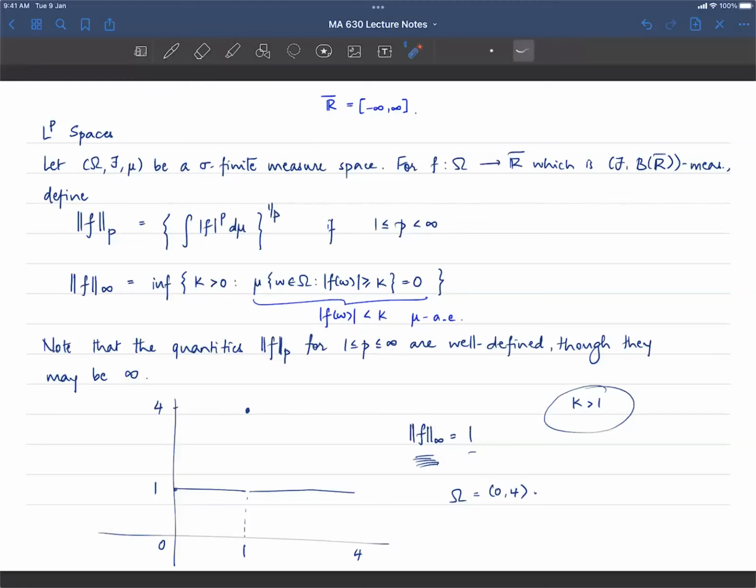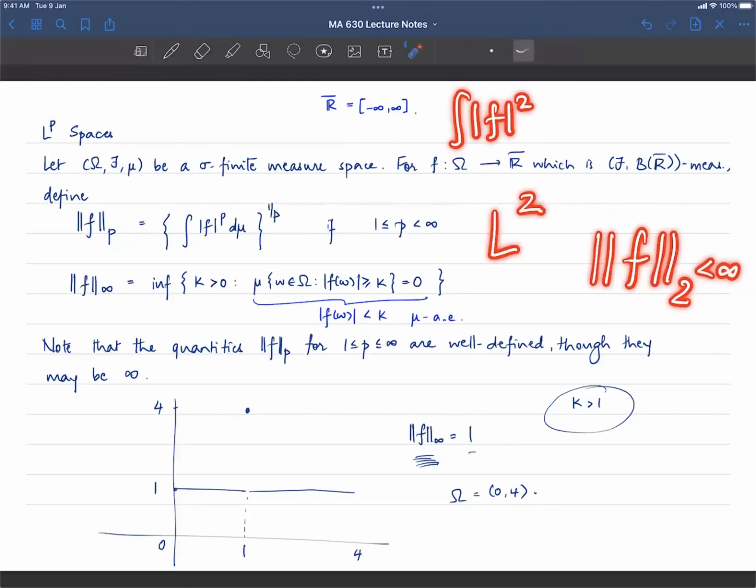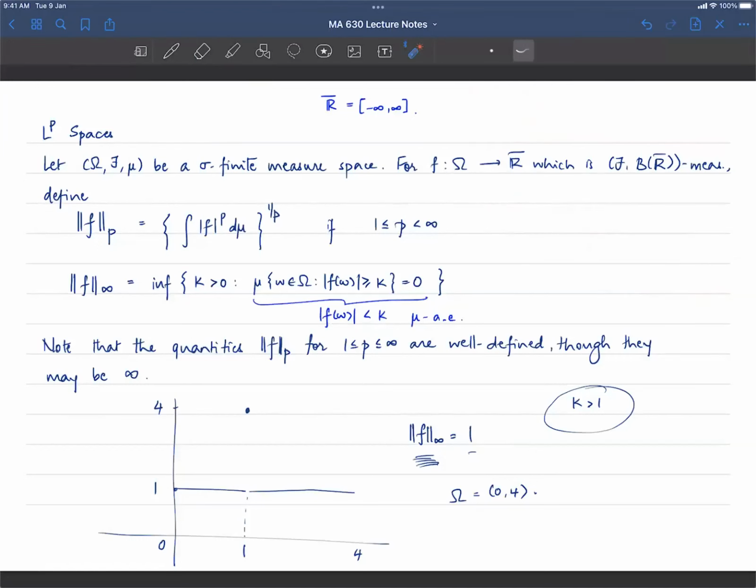And so now the question is going to be, what is L2? Well, before I write it down, let me just tell you what it is. L2 is the set of all functions such that this guy is finite. In other words, L2 is the set of all functions such that the integral of mod f squared is finite. Similarly, somebody asked me, what is L4 over 3? Well, this will be the set of all functions such that mod f to the 4 over 3, when I integrate this, is finite. Somebody will ask me, what does it mean for f to be in L infinity? I will say, well, if this quantity is finite, then the function is in L infinity.